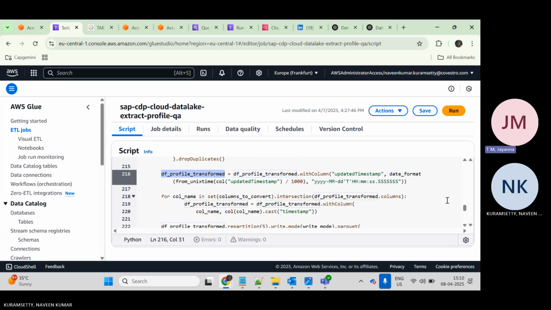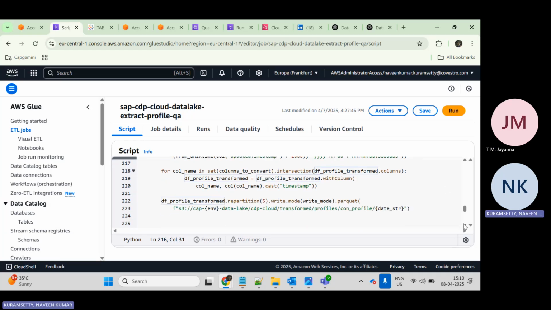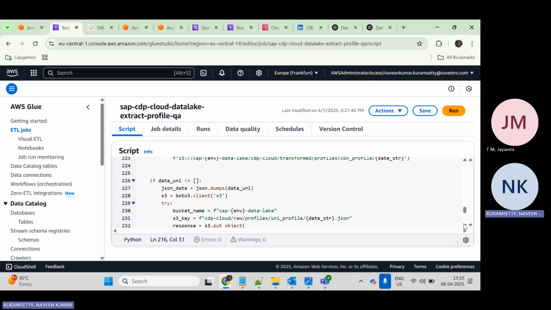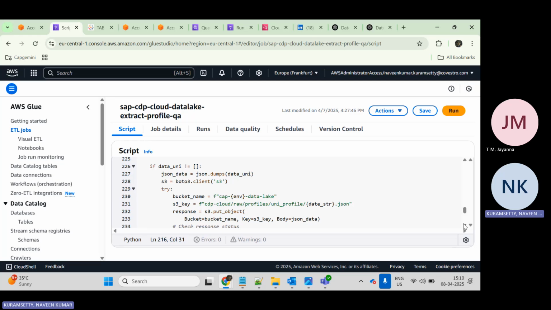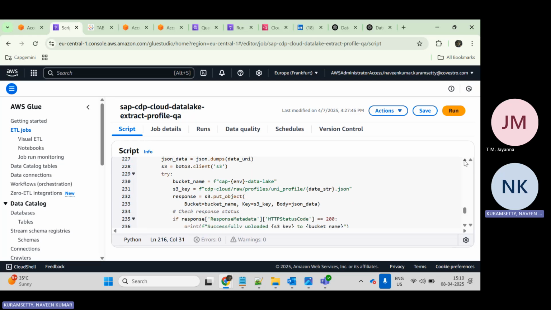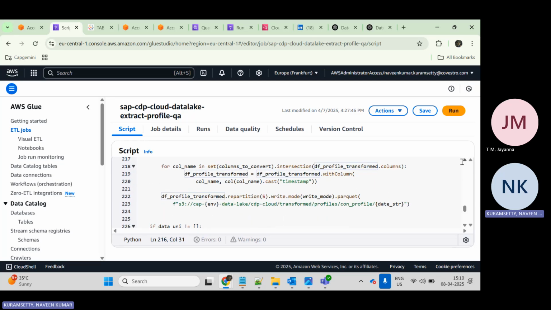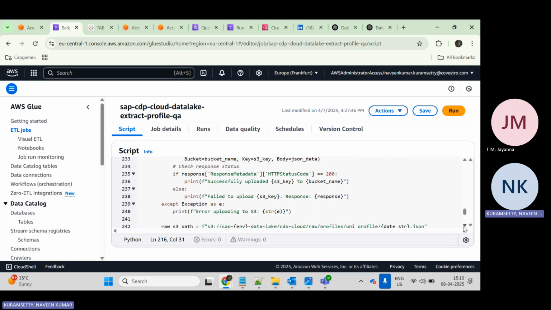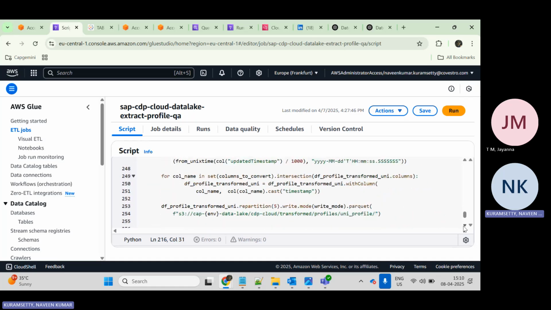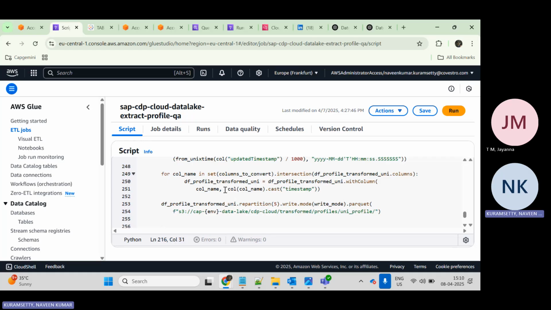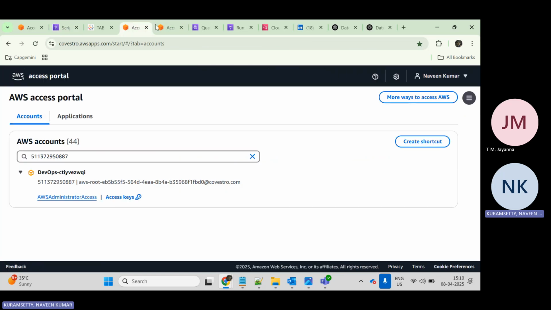Here we have segregated data into two categories: one is raw data and another is transformed data. In the raw data, we store in JSON format, and in the transform layer we store in Parquet format. This is the path of these. If you go and see this path, CDP cloud,